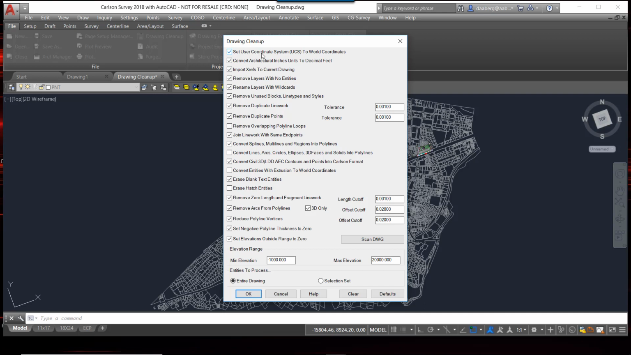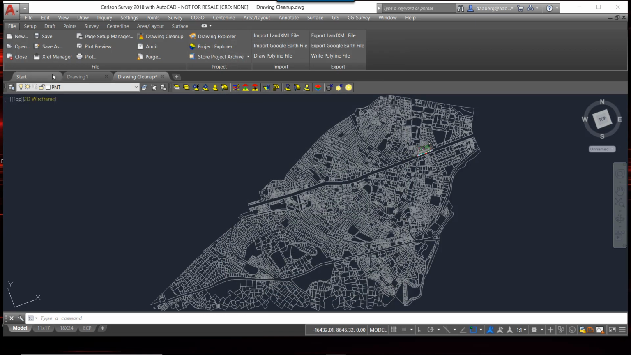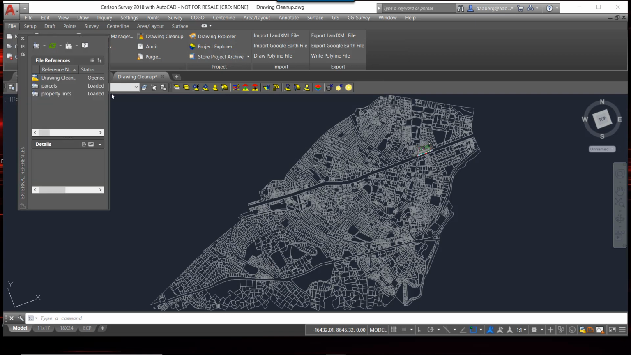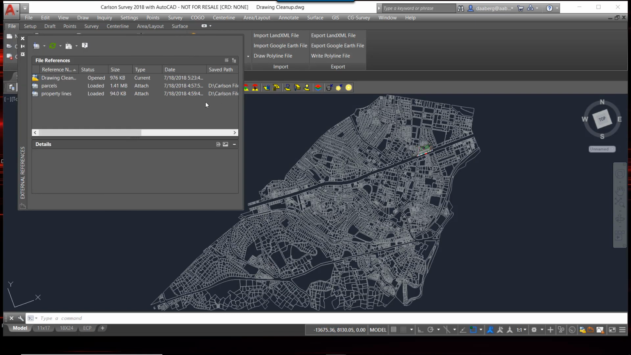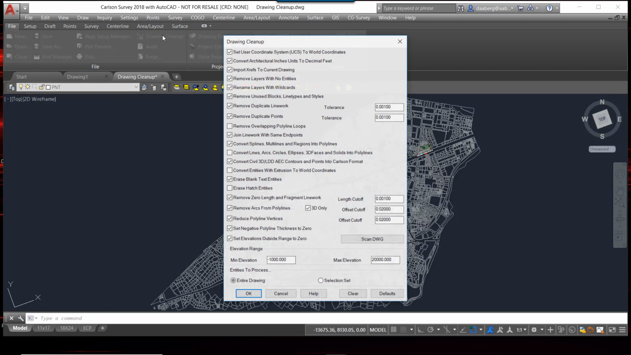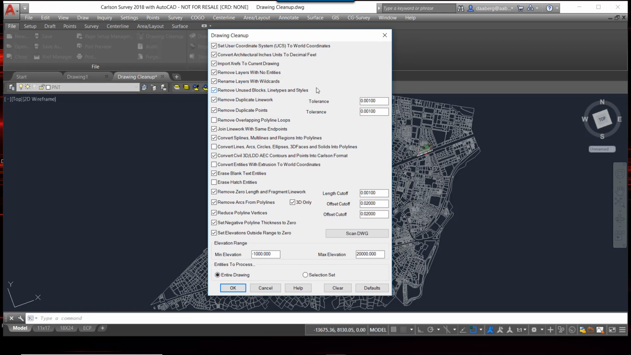For example, set user coordinate system to world coordinates. We always want to have that set. Converting architectural units that may or may not apply. Importing XREF to current drawing. Let's just take a quick look of that. If we look at our XREF manager, we will see that there are, in fact, two XREFs loaded into this drawing, parcels and property lines. So if you would like to insert those into your drawing so they're no longer part of an XREF, this